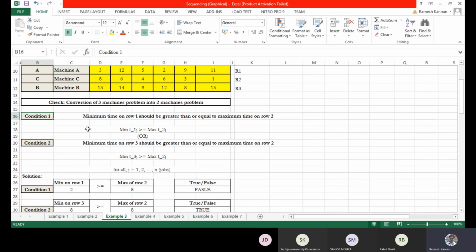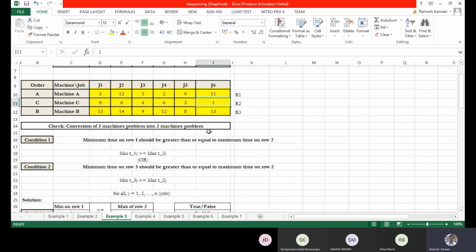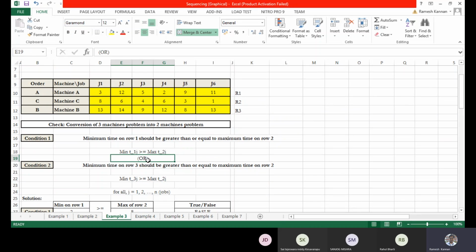We have 2 conditions. This is very important, pay attention. The minimum time on row 1 should be greater than or equal to the maximum time of row 2. Or, it is not and, it is or, the minimum time on row 3 is greater than or equal to the maximum time of row 2.